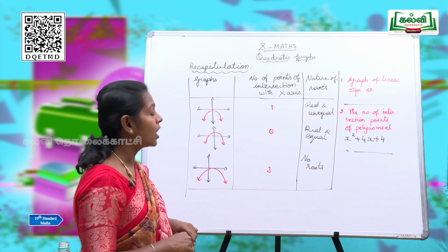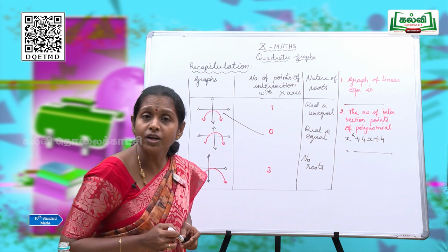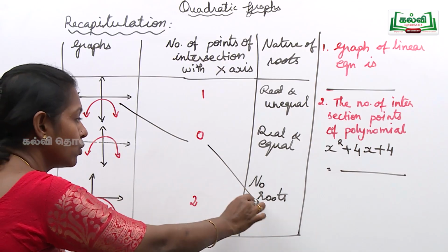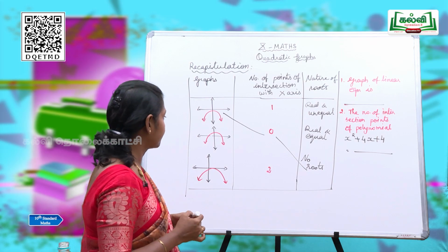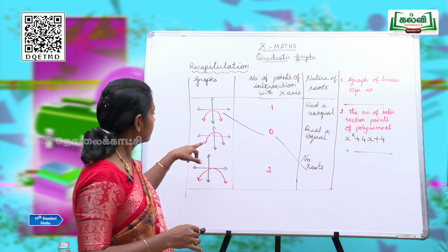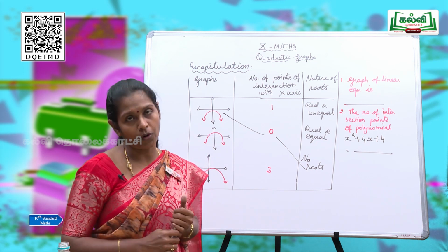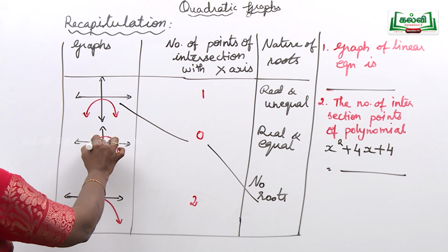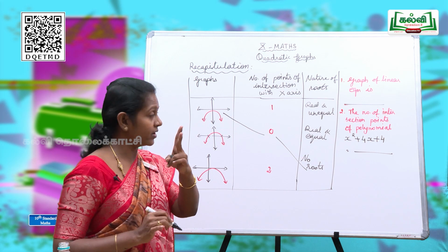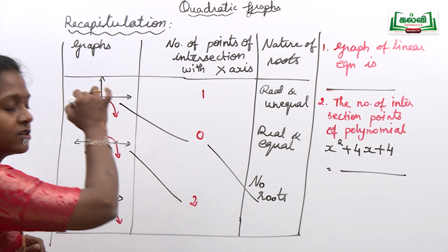That means how can you match it? So this with 0. What kind of nature of roots is it? There are no roots at all. So that is no roots. Understood? Next, see that this is also opening downwards, but in this figure the curve touches the x-axis at 2 points, here and there. That means how many roots are there? 2 roots, right? So how many intersection points with the x-axis? 2. So I should match this with this.